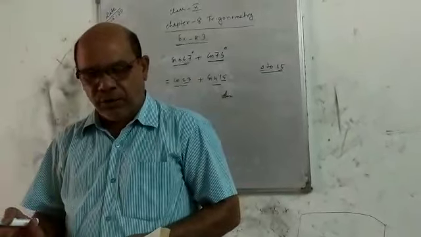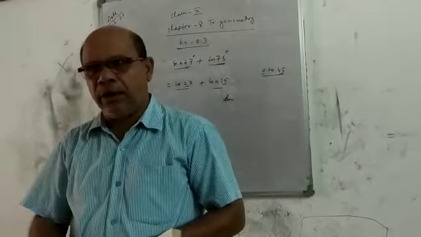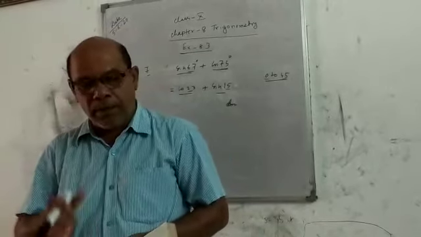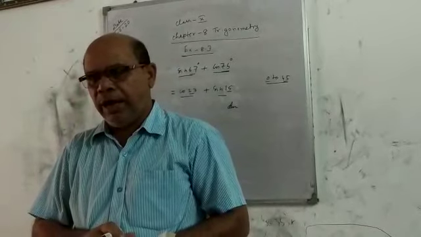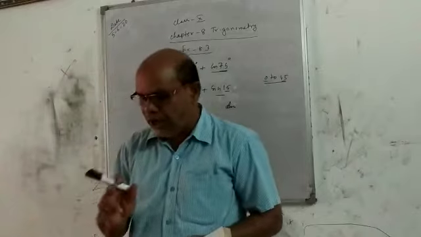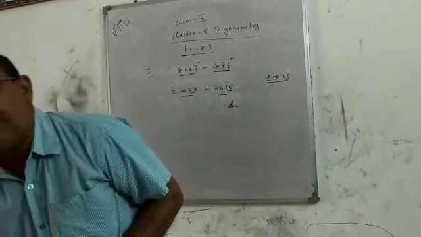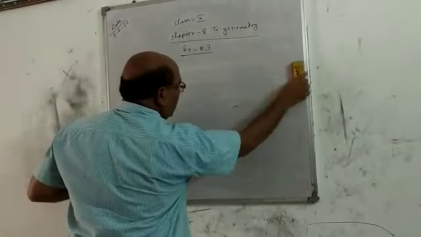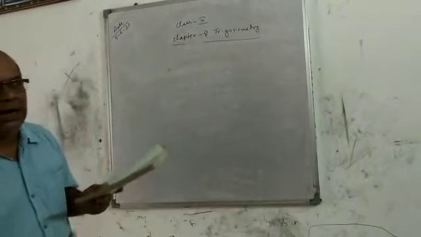So I suggest that from the beginning you learn the identities. All the formulas are required, whatever you have learned in exercises 8.1, 8.2, 8.3, all the problems plus the algebraic identities also. So all things are required in exercise 8.4. So from the beginning you will learn the formulas and identities, so you can solve the problems of exercise 8.4. So today I will give some trigonometric identities and you will learn them. Next day I will start the exercise.